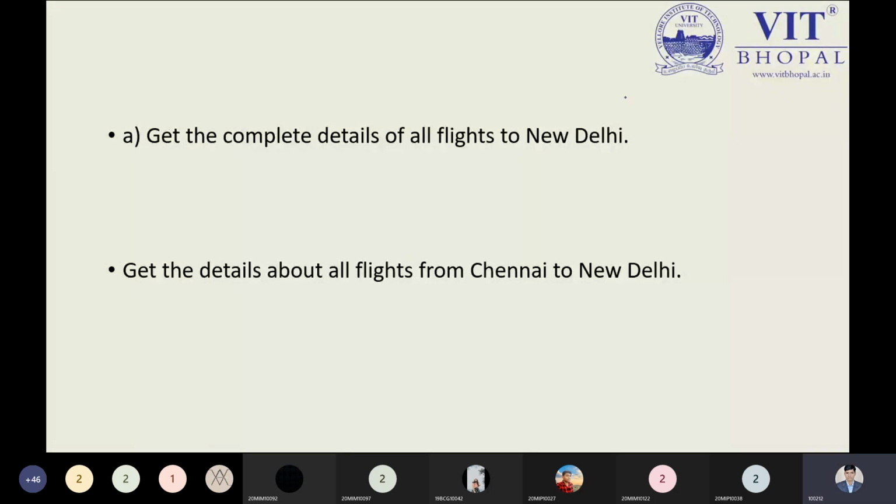So how to write this query? How to write the query of this statement in relational algebra? Can anyone tell me? Simple. So what would be the query of this statement?